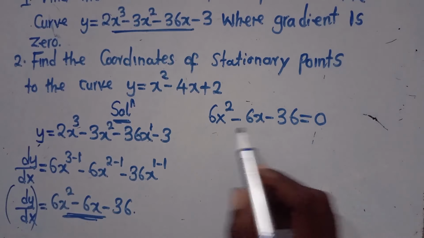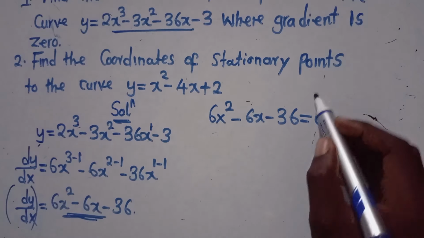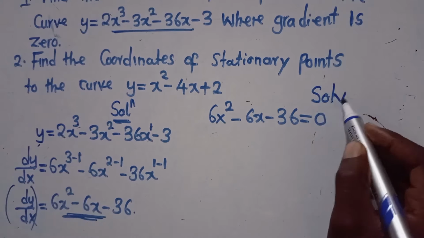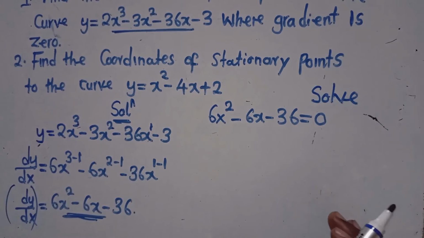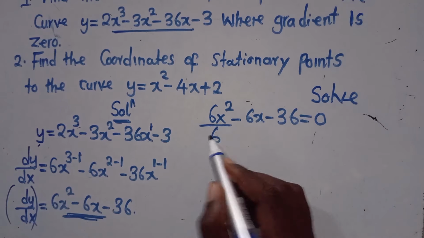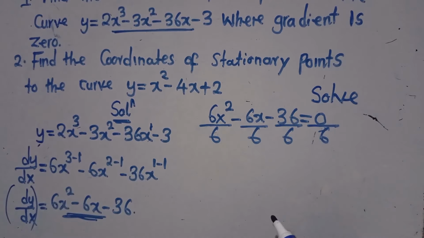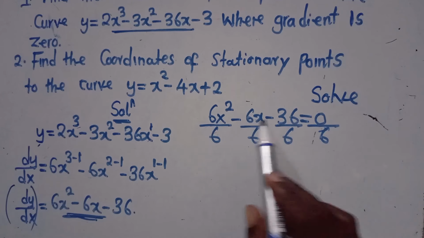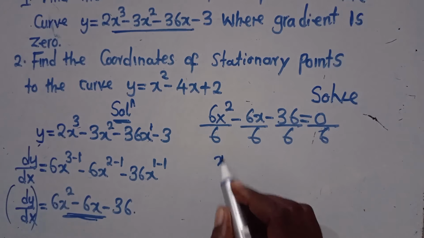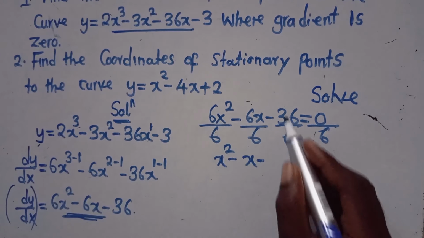So we say now, we are going to factorize this, because here now we need to solve this quadratic equation. You use any method that you are comfortable with. If we are to use factorization, factorization is very simple. We divide both sides by 6 so that I reduce this. So this is x squared minus x minus